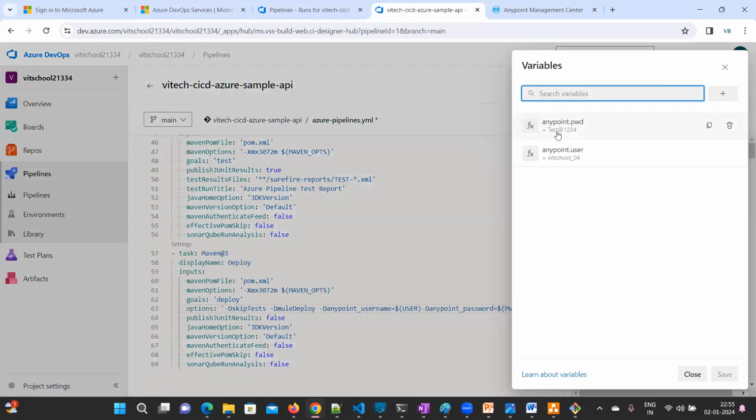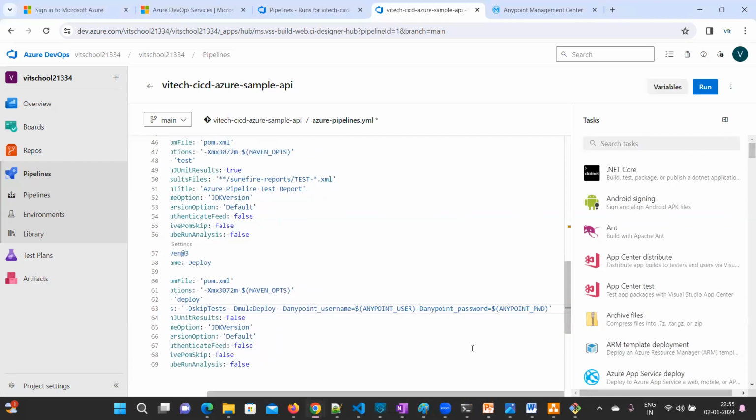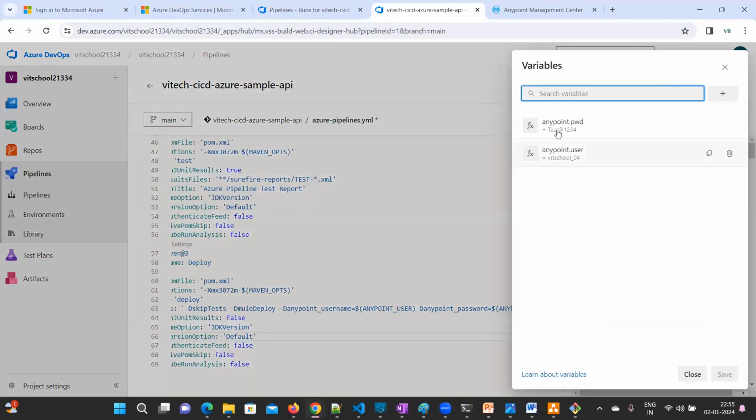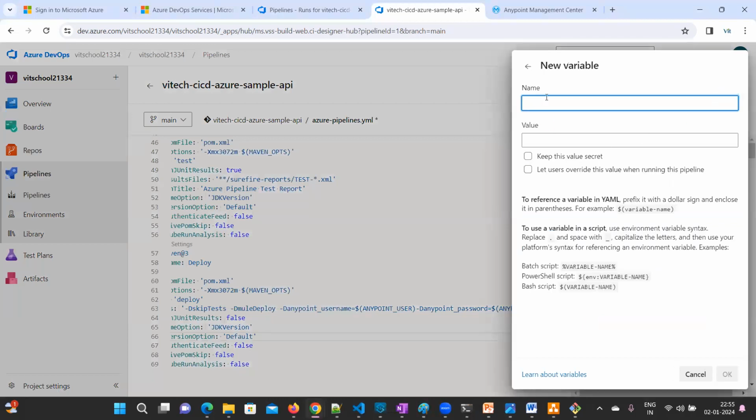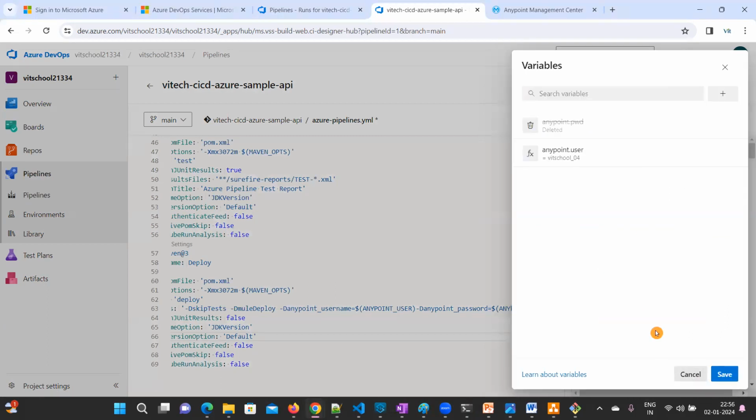Still the variables are not yet changed. Anypoint user and Anypoint password. What I will do, let me delete this one and I will create new. Better. Anypoint dot pwd. It's already defined. Let me delete. Okay, let's save it